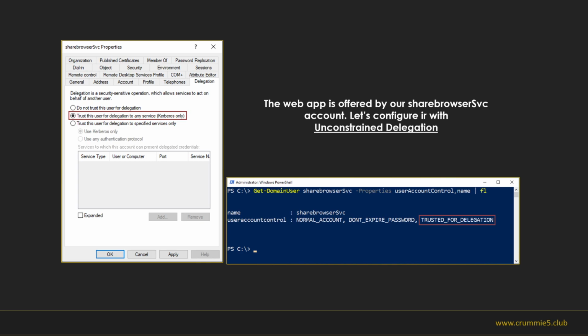Okay, so we are going to configure our service with unconstrained delegation. In the graphical interface, this delegation option is this one: trust this user for delegation to any service, Kerberos only. And when we configure this setting in a service account, we will see that within its user account control settings, there is this trusted for delegation setting set up.